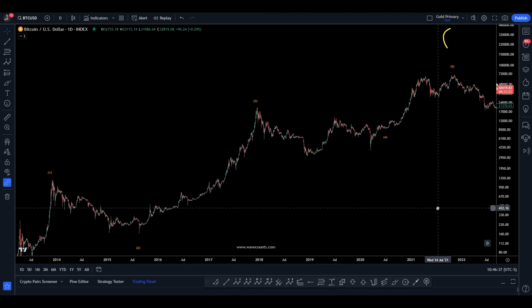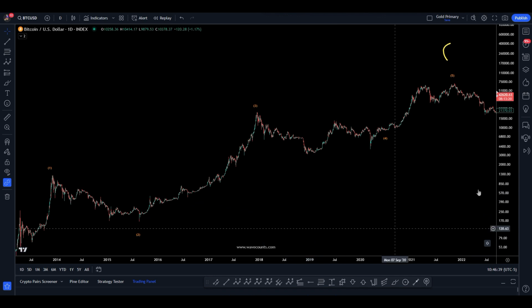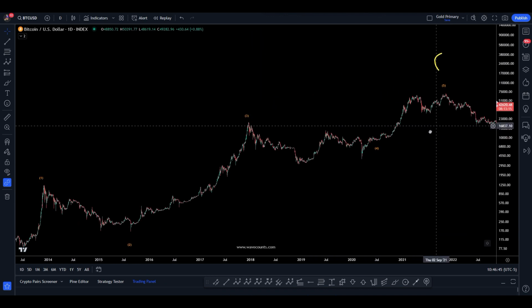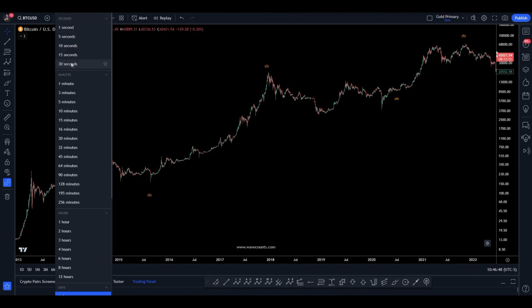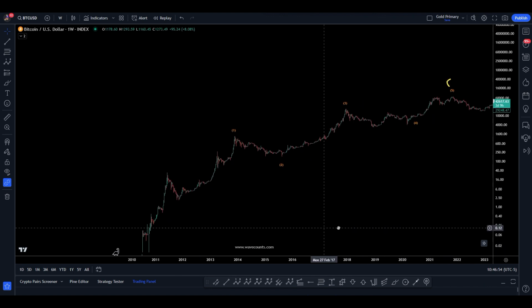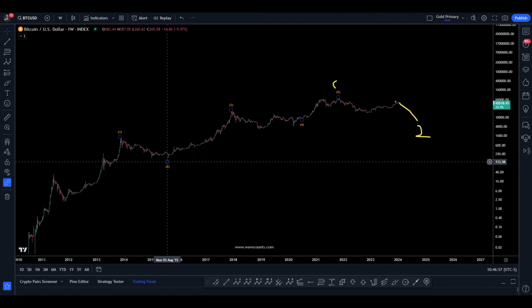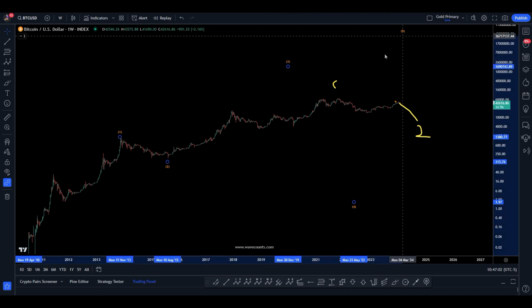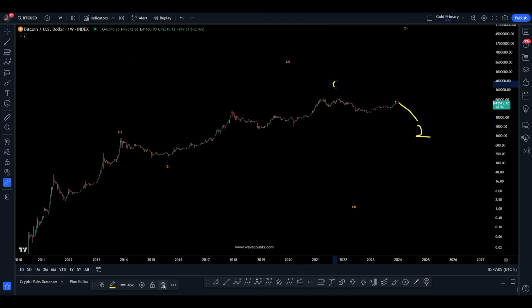So you would have to say, if you don't think this is accurate and it's topped, then let me go to the weekly here. Then there's an alternate way to look at it. So you can go 1, 2, and this has to be 1, 2. Then this is 1, 2, 1, 2. And then this is 1, 2.